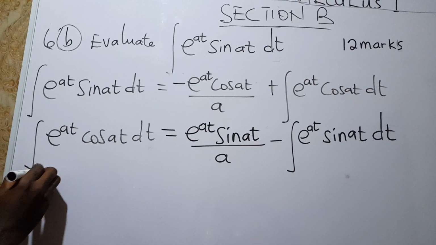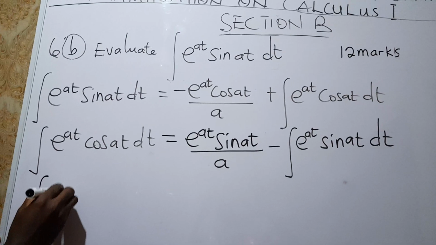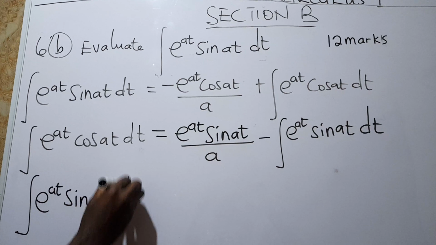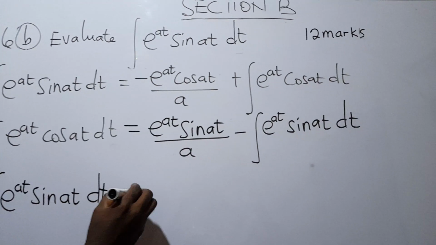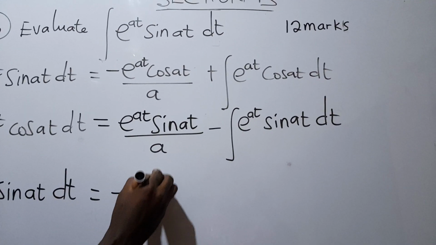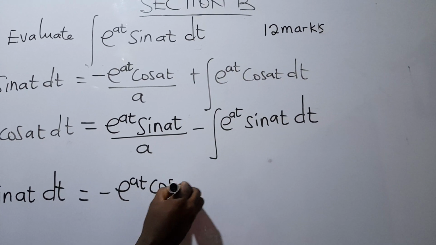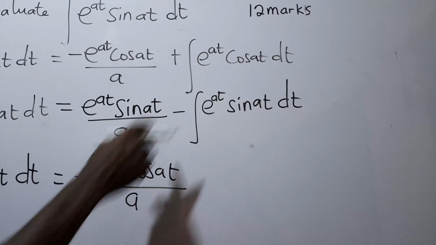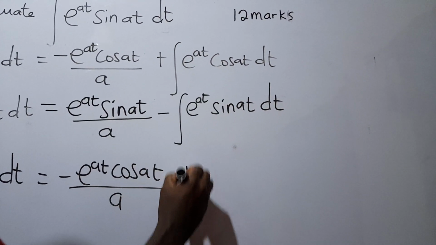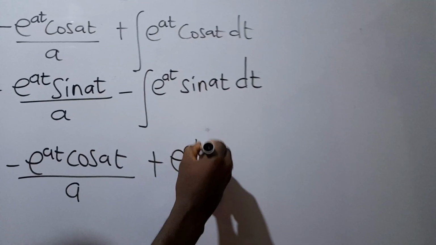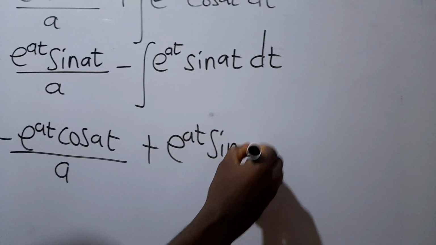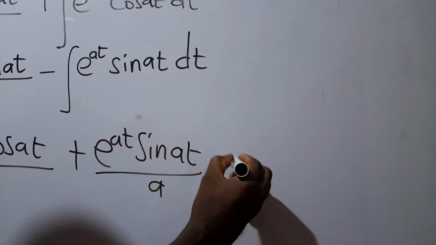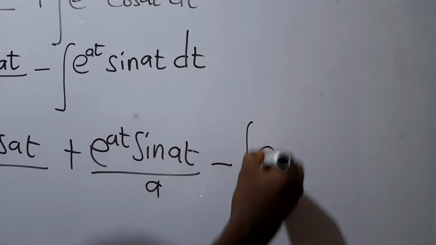So we can say that the integral of e^(at) sin(at) dt will be equal to negative e^(at) cos(at) over a. Then in place of this, we substitute this. So plus e^(at) sin(at) over a minus the integral of e^(at)